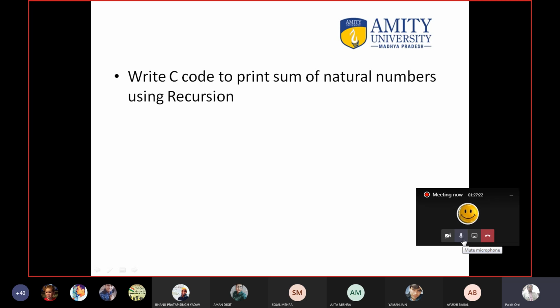A lot of questions are there in which recursion can be applied, but we will do only the basic and important questions.